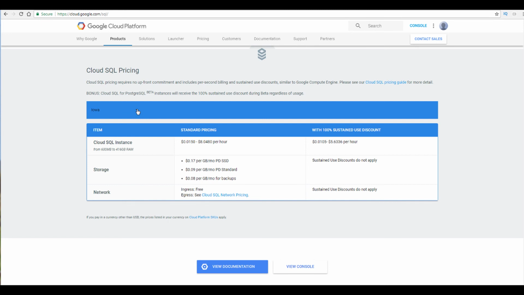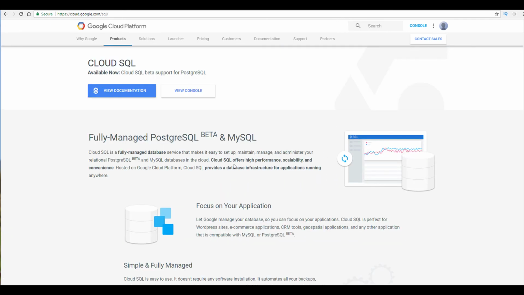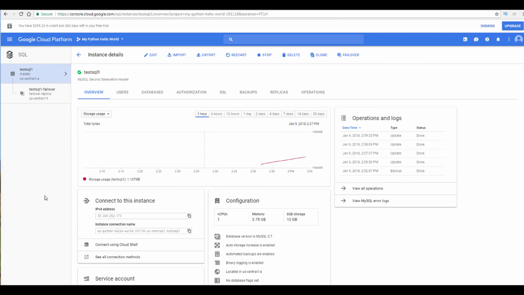Now, this is the pricing for Iowa. However, if you go to Sao Paulo, Brazil, you could see that the pricing is different there as well. South Carolina, so on and so on. So take some time to understand how the pricing works. Let's proceed back and let's talk about